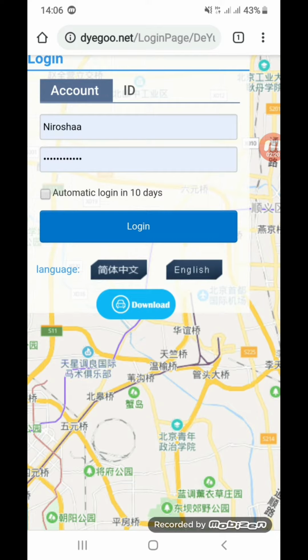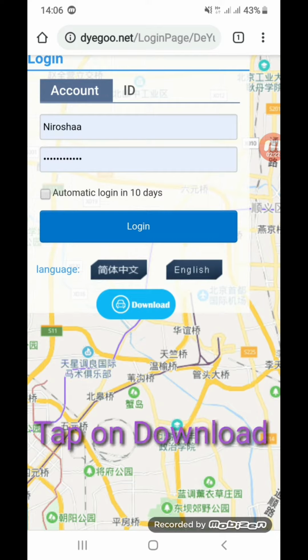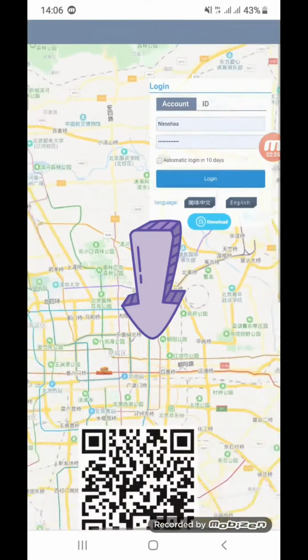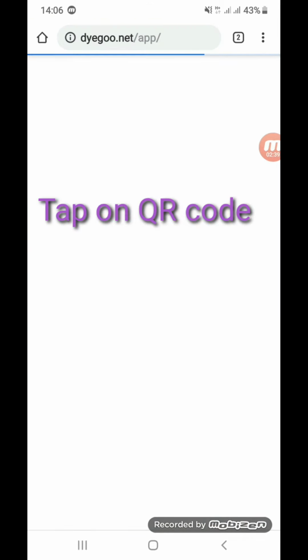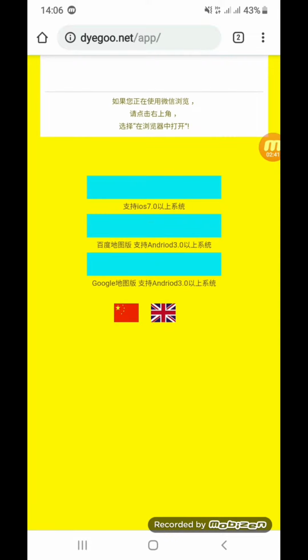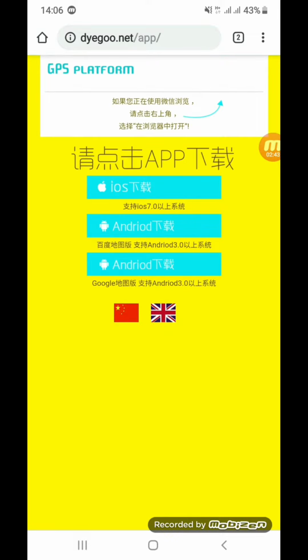Then click on download. You can see the download link in blue color with the car mark on it. Just tap on it. Then a QR code will appear. Tap on the QR code. Then you will be redirected to another page